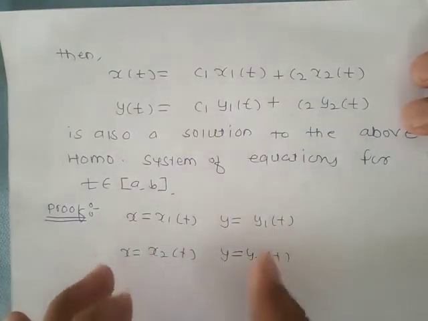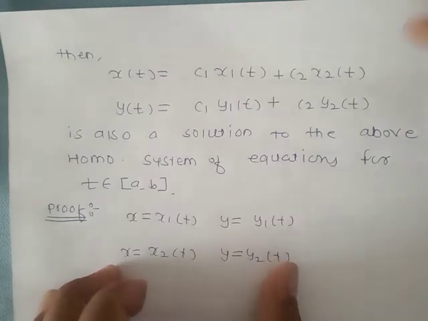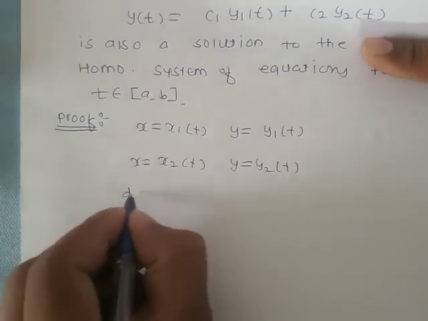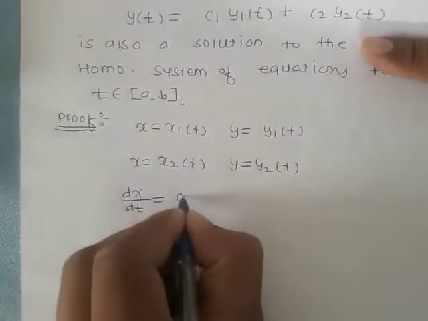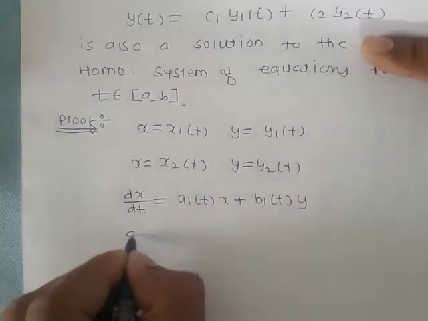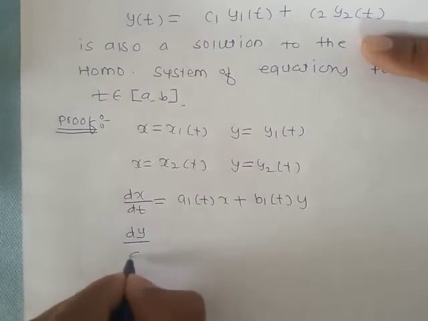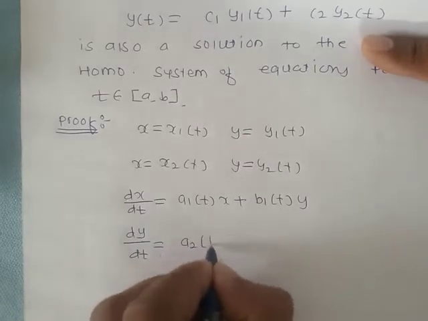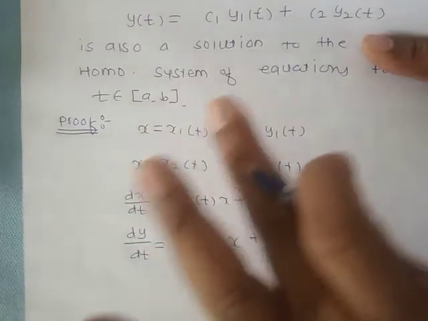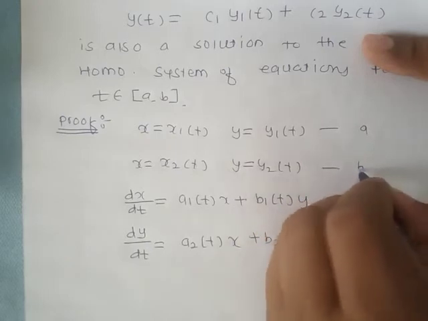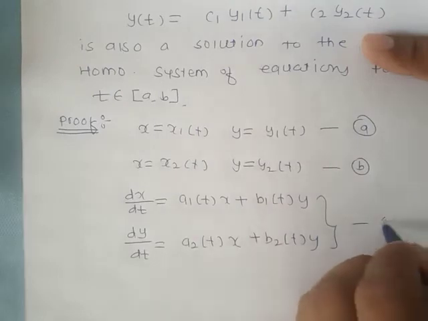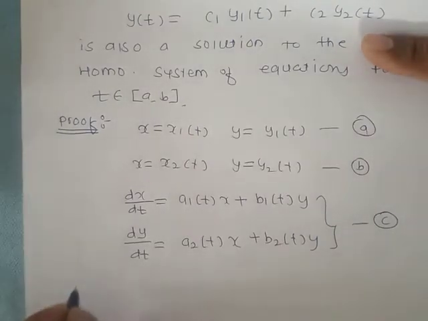These are the two solutions for the homogeneous system of equations dx by dt is equal to a1 of t x plus b1 of t y, dy by dt is equal to a2 of t x plus b2 of t y. Suppose this is C, and A and B are the two solutions for this system of equations. Then to prove that